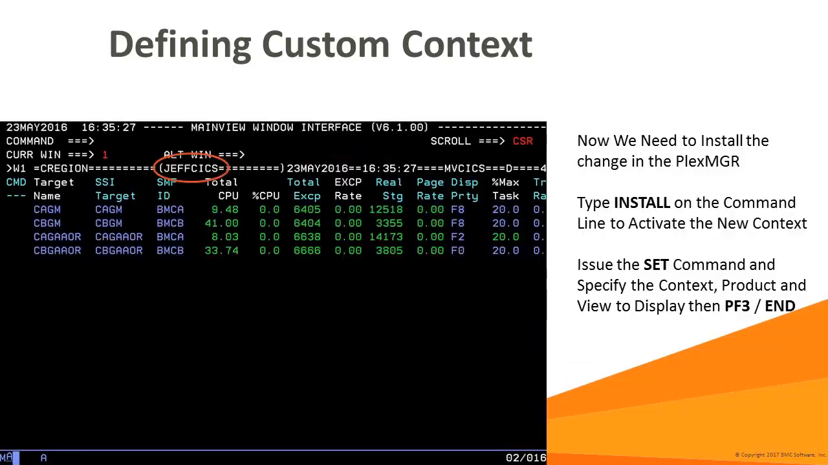Now that we've saved our definition, we need to install a new definition list. To do so, we type INSTALL on the command line and press Enter. Once we've installed the context definition, it's ready for use. In this instance, we'll use it via the SET command. Notice that we've specified our new context, Jeff CICS, in the context field. When the fields are all set to the desired values, press F3, and the new context is displayed in the